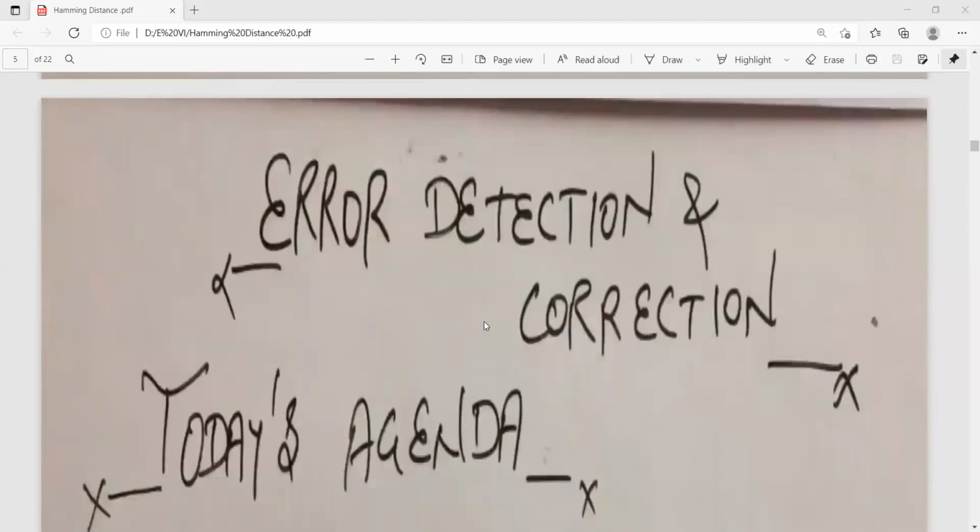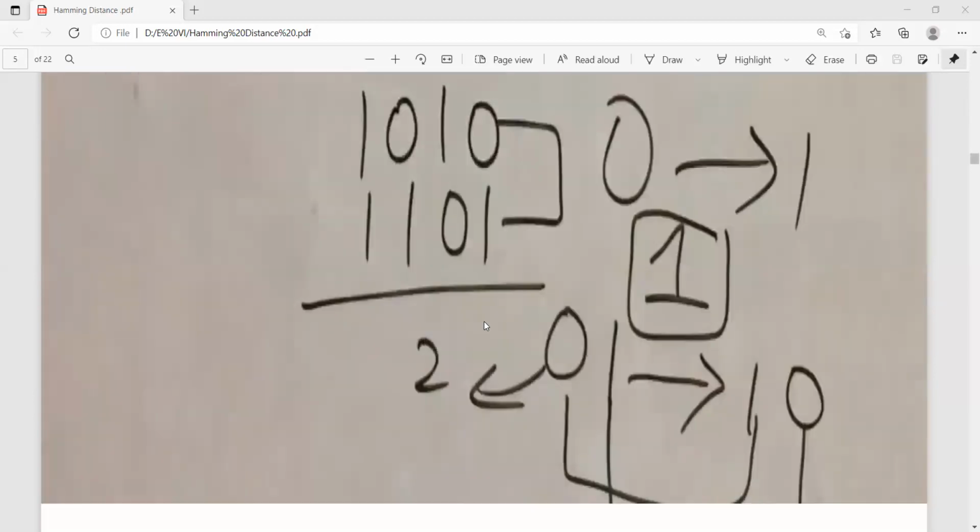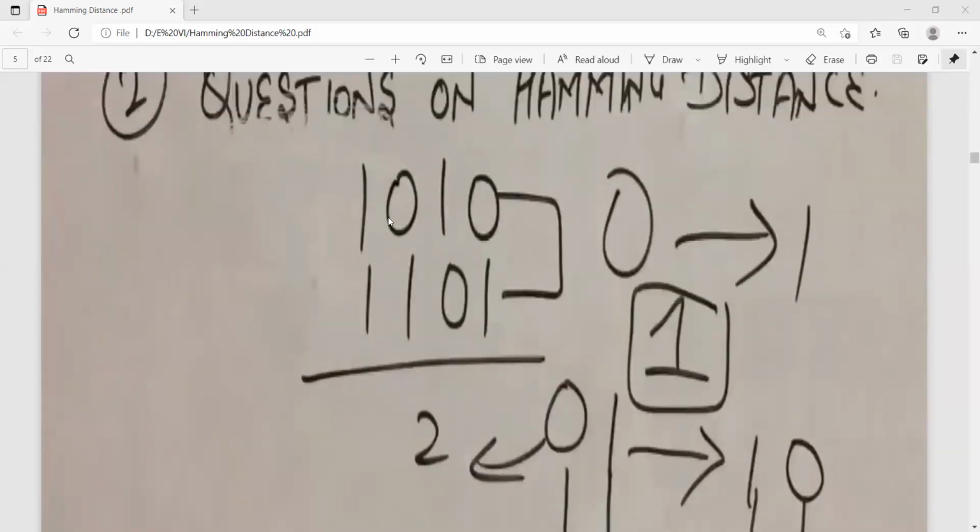For example, let us take this one string of data and this another string. How many errors are there? What is the Hamming distance for these two data?